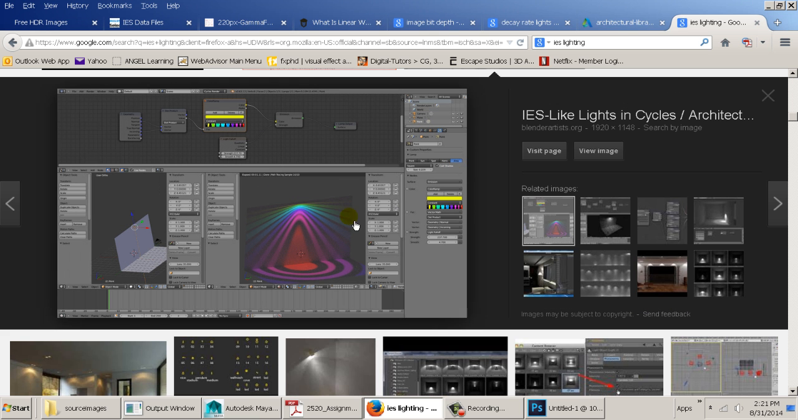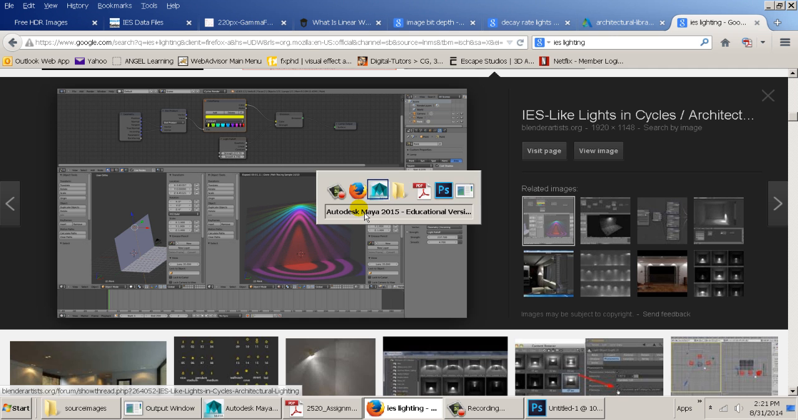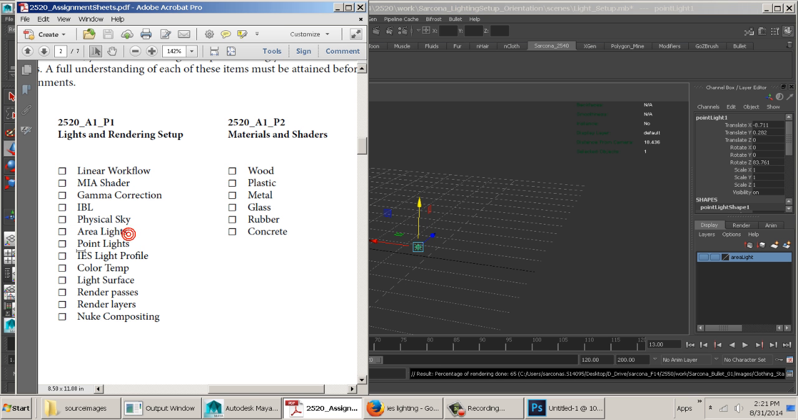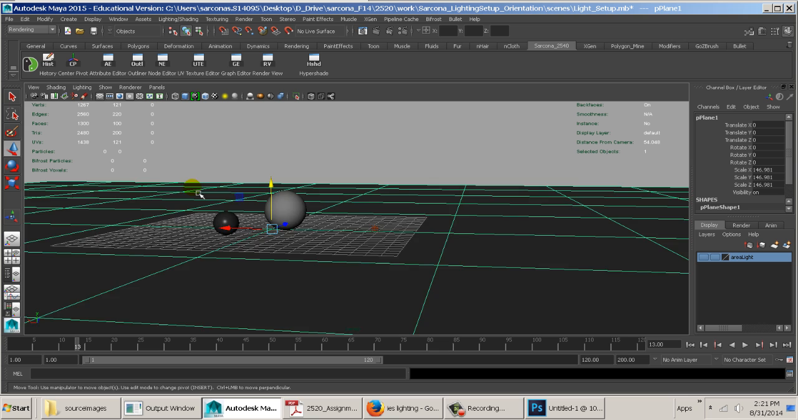All right, there's even IES editors, and it's pretty in depth. Okay, so that's the depth of point lights and color profiles. We talked about the color temp. Our next one is going to be light surface. Let's take this